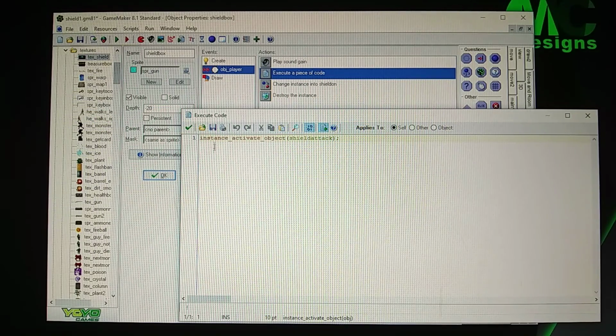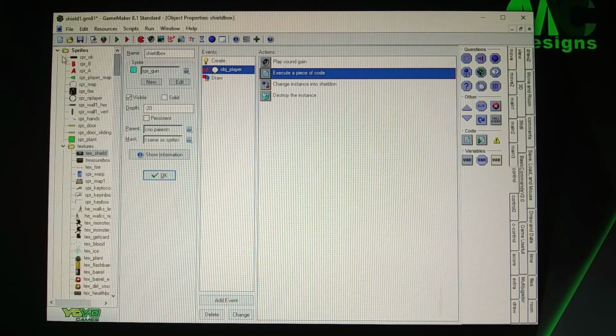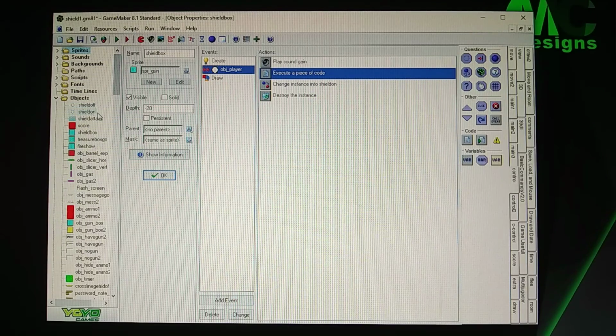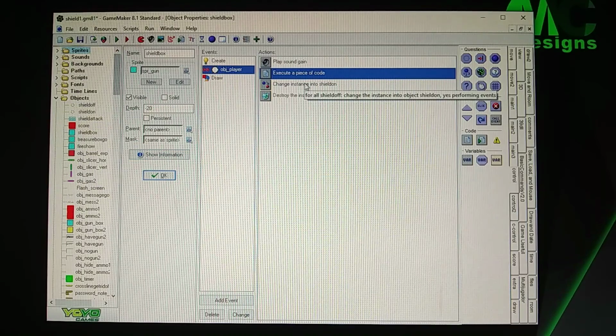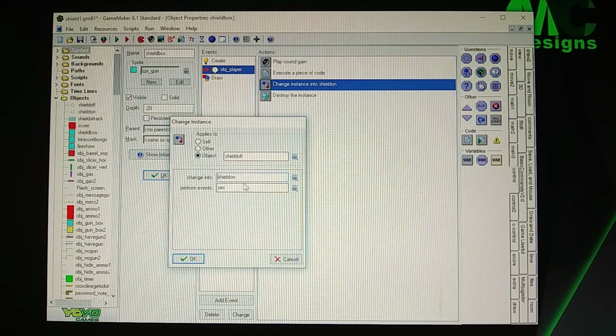The shield off and shield on, well, shield on does something. Once the monster hits that shield on, which is on the ground, then he's gonna bounce back. So it's gonna switch the shield off to shield on, which follows a character, and then say perform